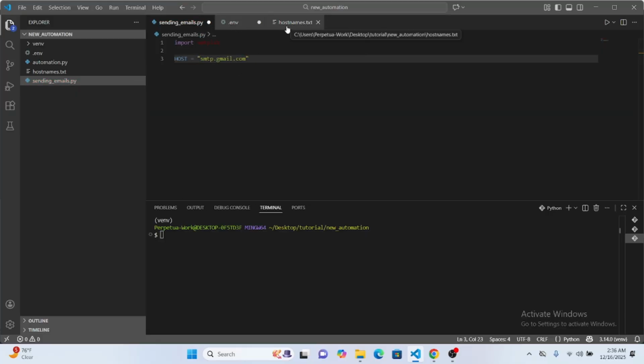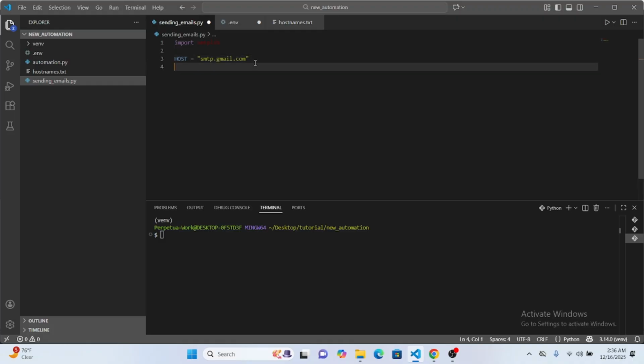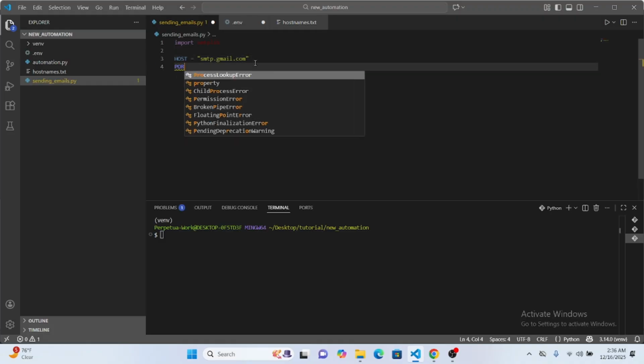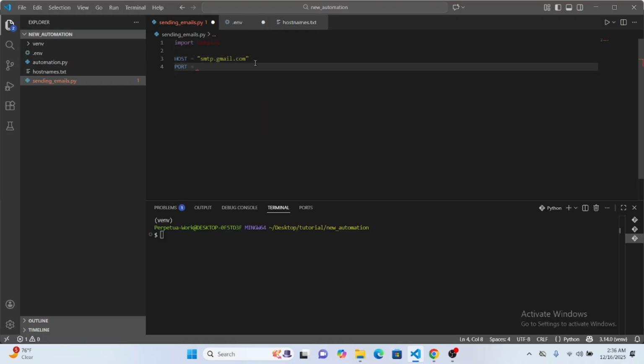Now, the next thing that I'm going to create is the port that I'll be using to send this email. So what is this port? Well, you can think of this port as the exact address that you're sending this email to. All right, so